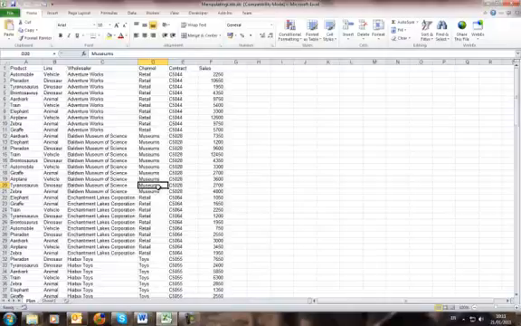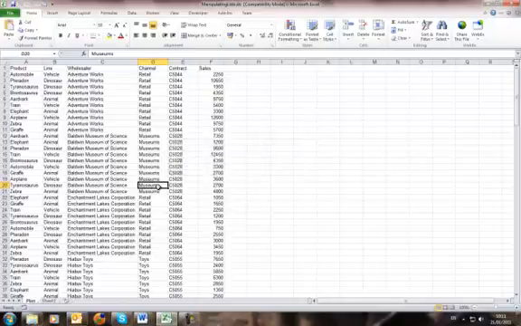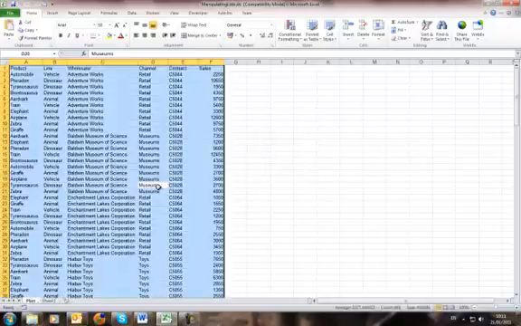To identify the current region, place the active cell on a cell that contains text or numbers. Use the keyboard command Ctrl and A. That means press the Control button down and press the letter A once. And you can see from the screen that it highlights a block of data, stopping where there are blank columns